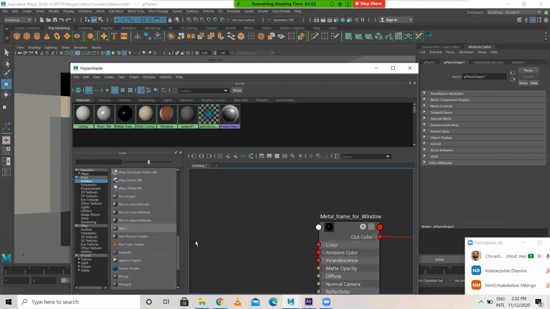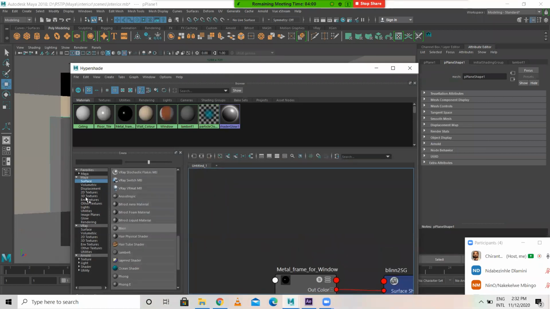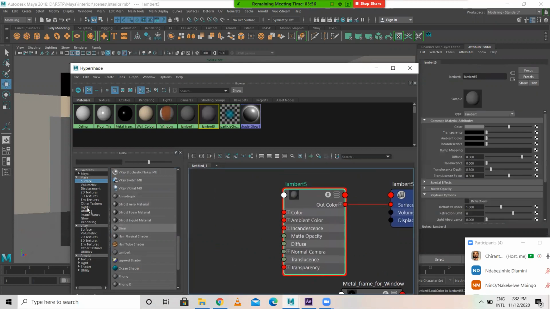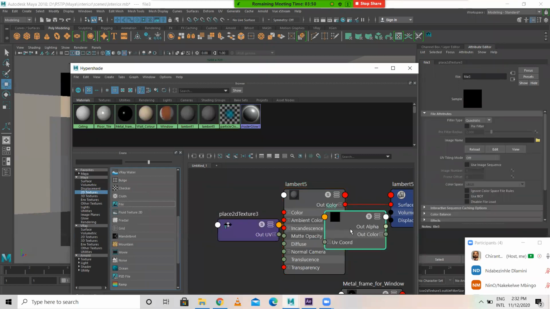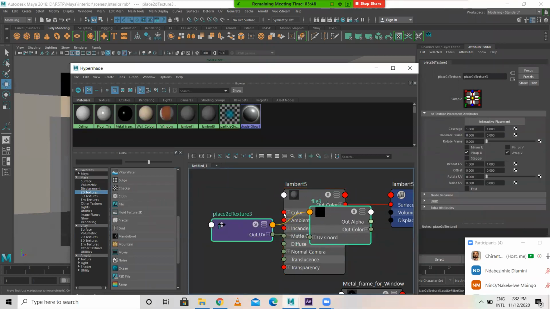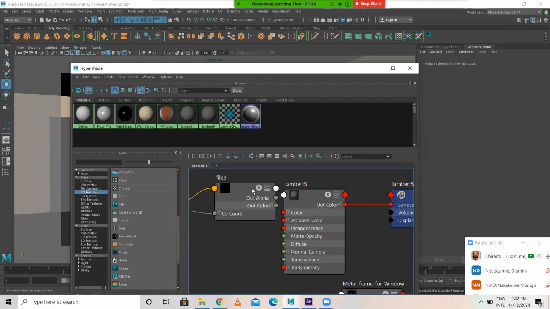So what I'll do here, for the door, let me take a Lambert and let me take an empty file under 2D texture. Place it here.